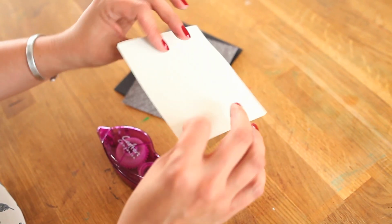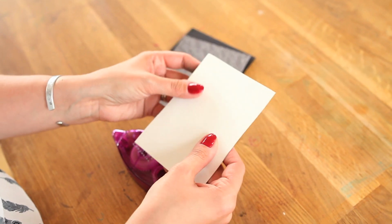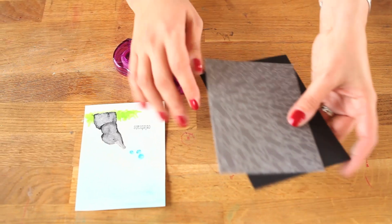The paper buckled a little bit while we were coloring, and that's normal because we added the water, but you wanna make sure that your tape runner is strong enough to hold that on the actual card so your edges don't pop up. So take the pattern paper we cut,